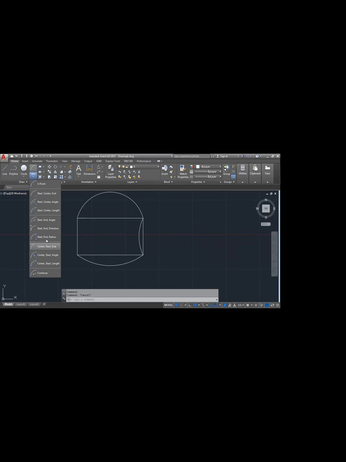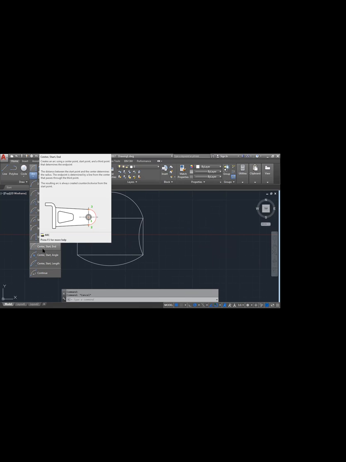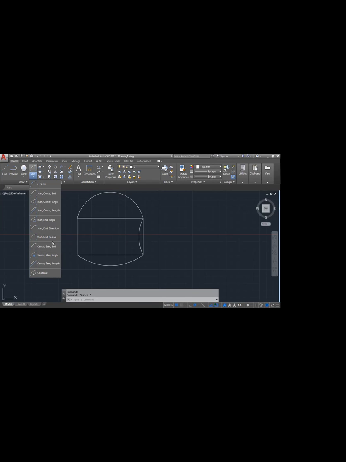Center, start, end. See, start, center, start, end, center, start. As I said, you are just jumbling. Output will be same. Okay. Center, start, end. Select the center, start, end. Select the center point.